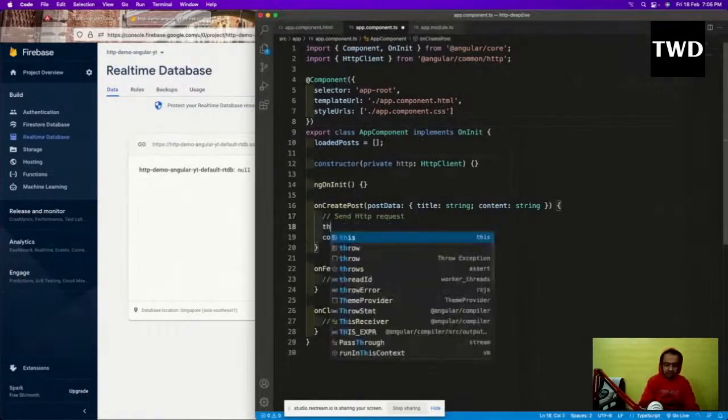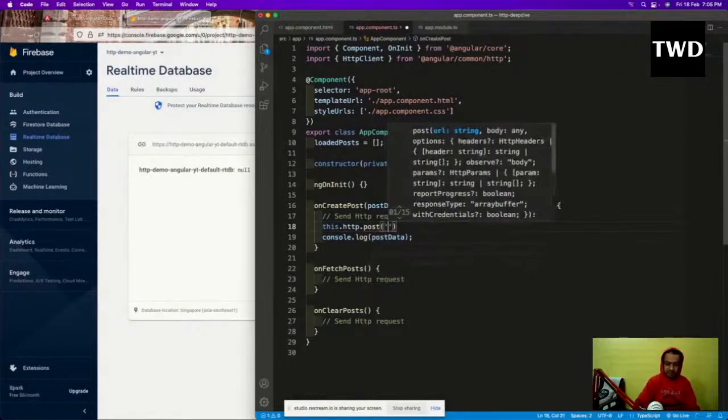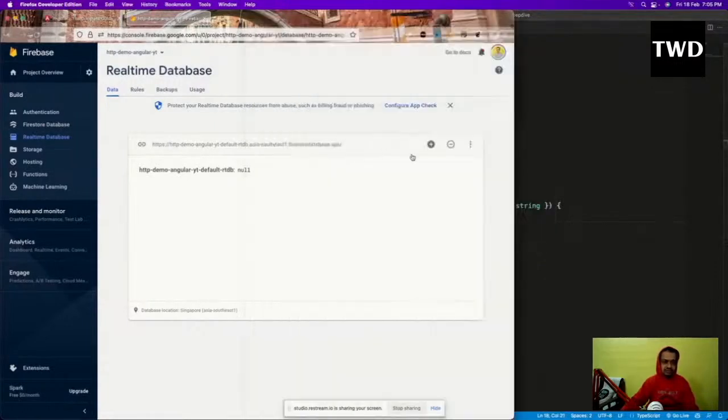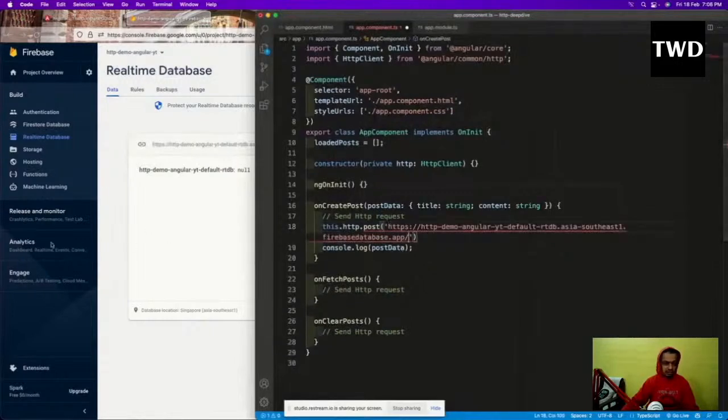Here I'll do this.http.post, this.http.post, and I have to do this. I'll copy this and paste it, and the JSON. Where is the JSON? Okay, so one more thing is that after this we have to add something like